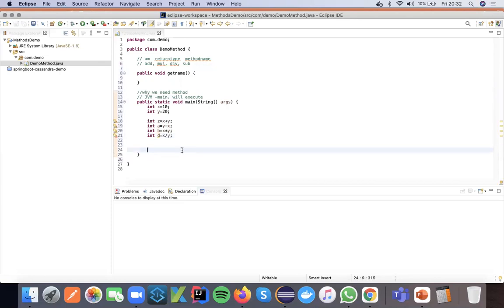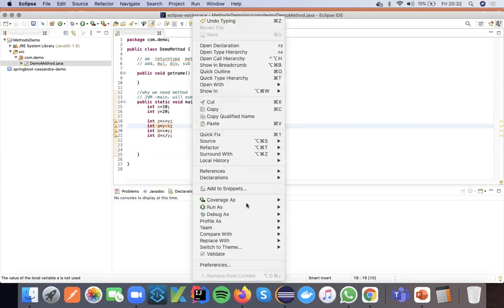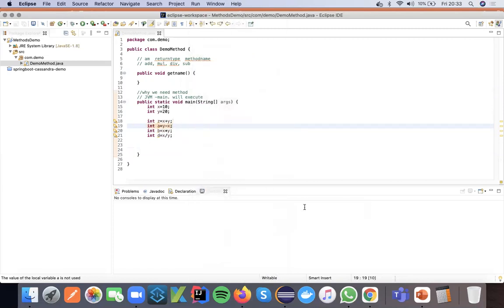My goal is to perform all the operations, but while running the program, I don't want to do everything. I want to do just this one. If I write a main method and call this specific one, it will execute everything by default because all the content is present in the main method.